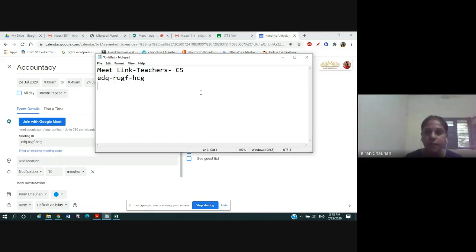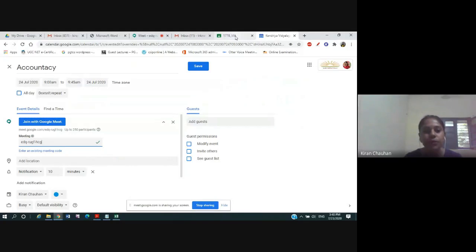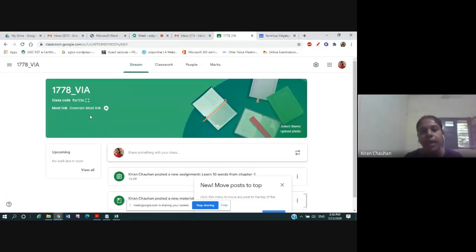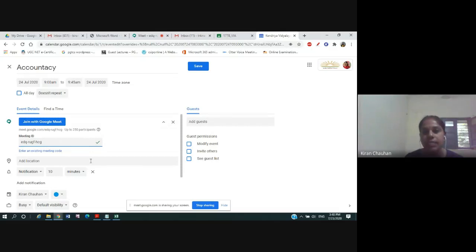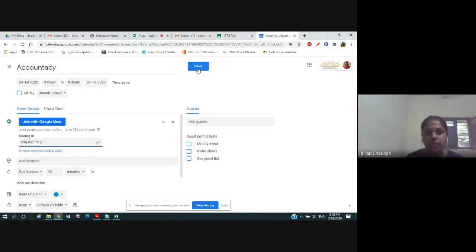So like how other teachers are using a fixed link, we all will be having a fixed link. Those people who are handling optional subjects, it is the responsibility of the class teacher to decide who will use this generated link and who will have the other links. Whatever the class teacher decides, we will follow. Now you have to save it.